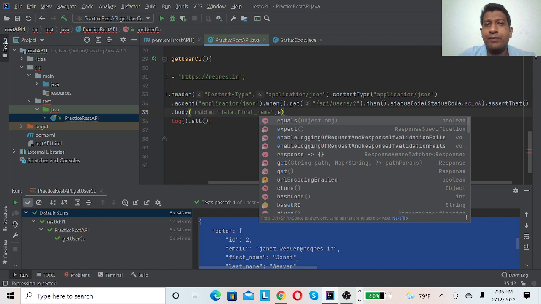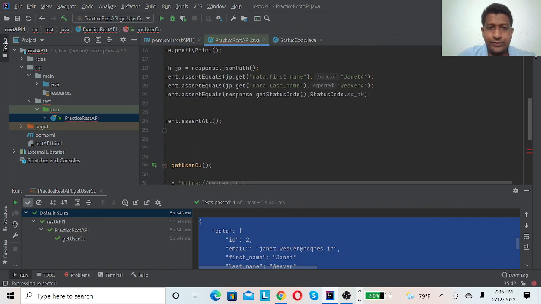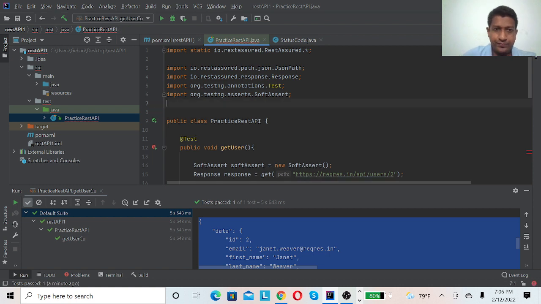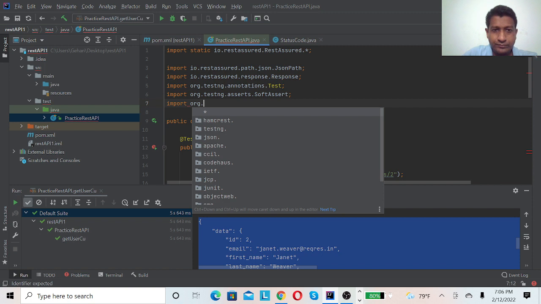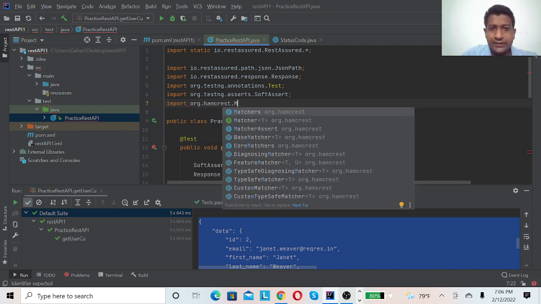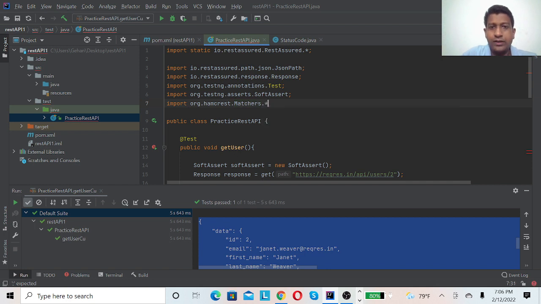Equal to is inside the Hamcrest class, so I need to import it. On the imports, import org Hamcrest dot matchers dot all. I will make it static.